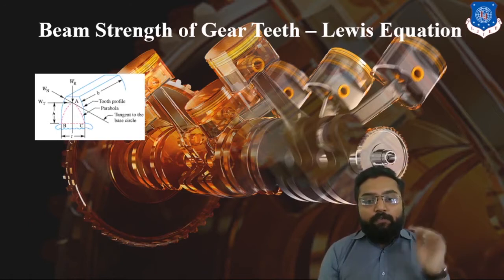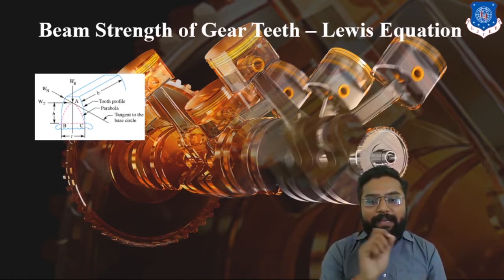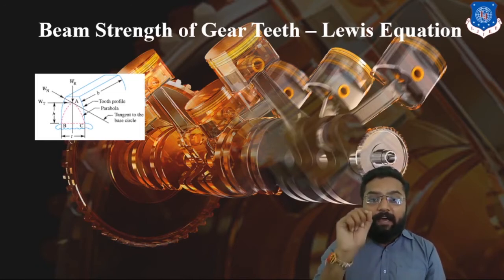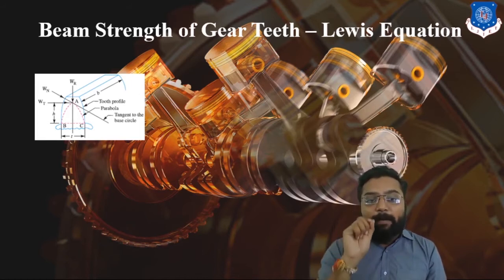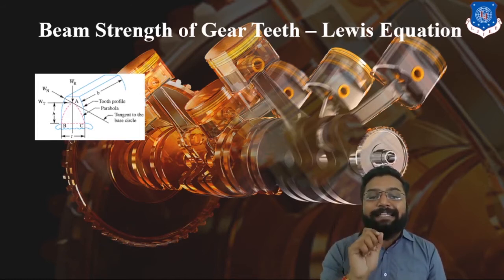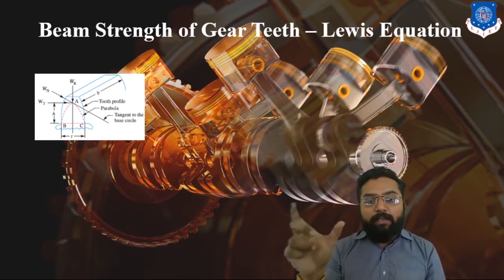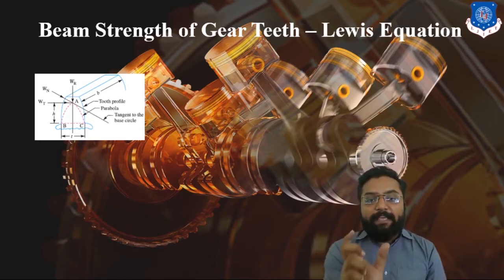Here you can see force is acting as Wn, which has two components, Wr and Wt. Wt is the tangential component, the component which will predominantly work on our gear. Whereas Wr is the radial component, also called reactionary force, whereas Wt is called thrust force. Clear? It has length h and thickness t. Ultimately this is our basic teeth profile.